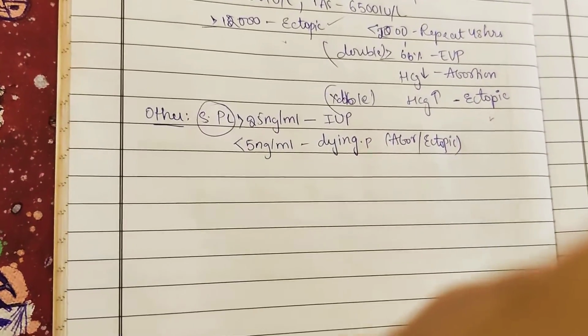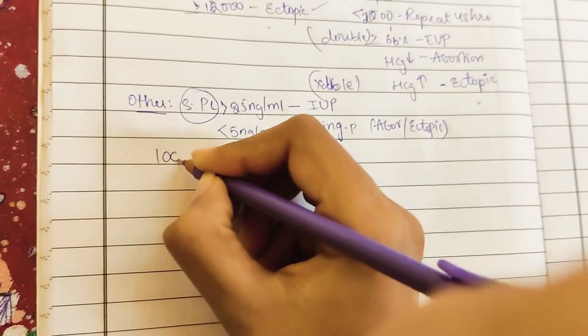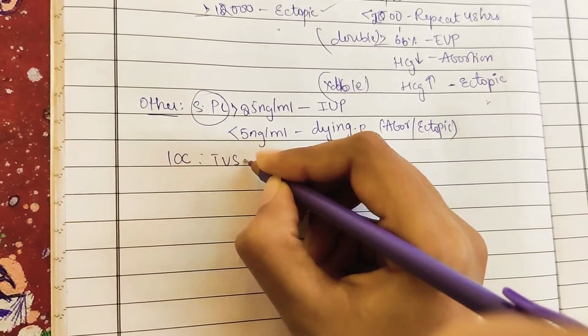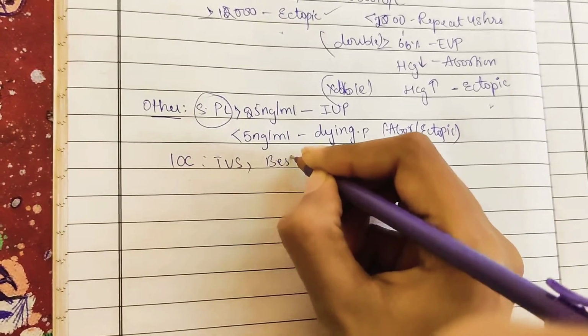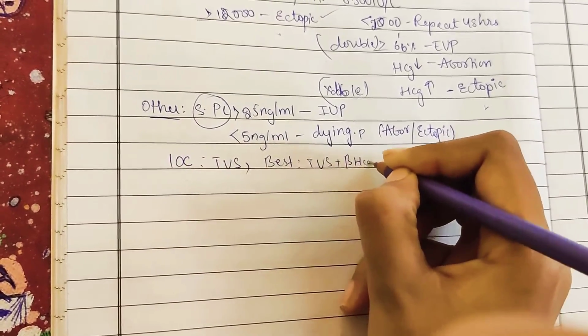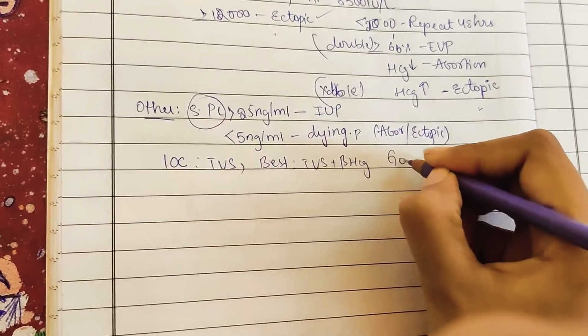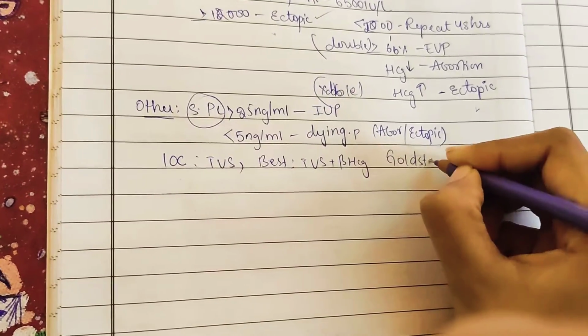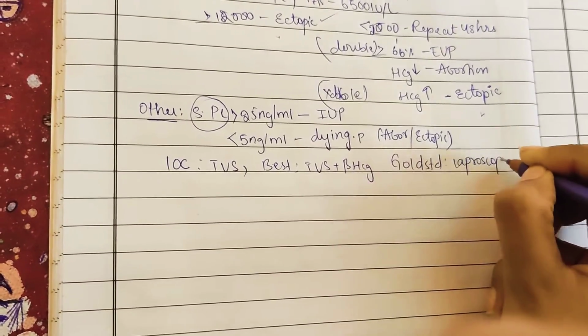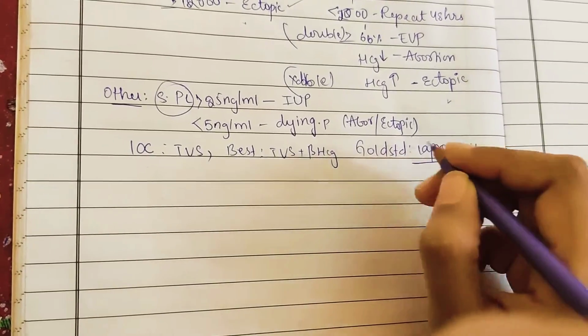Okay, and coming to other investigations, the investigation of choice we know already is TVS, transvaginal scan. The best one is transvaginal scan with beta HCG, as we have seen before, right? And the gold standard, of course, always the gold standard should be remembered, that is laparoscopy. So one thing I want to remind you, laparoscopy is a gold standard for